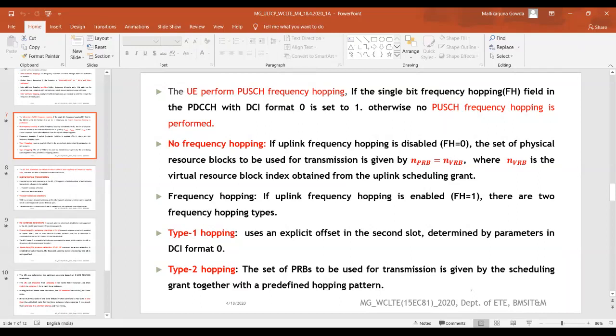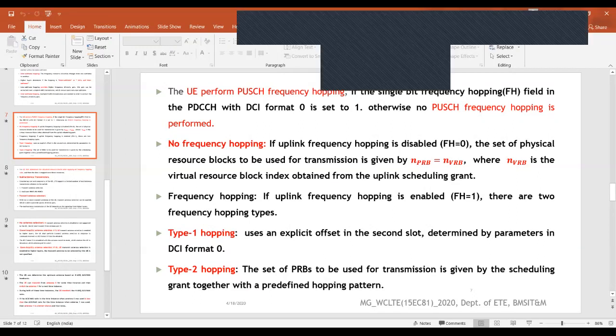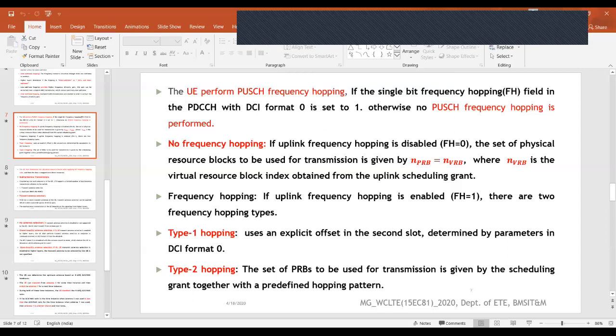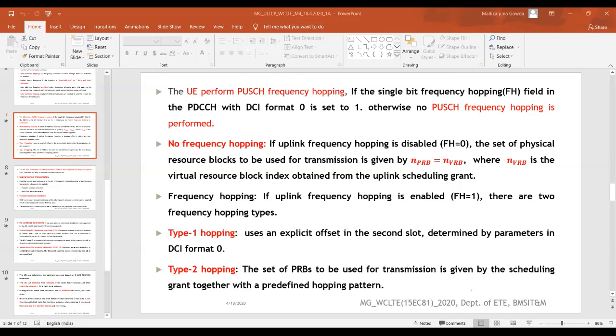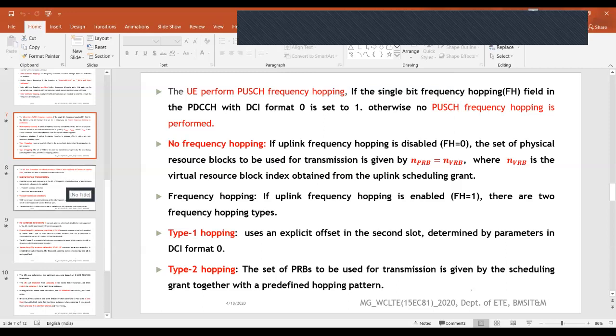When the frequency hopping field is disabled, the physical resource block used for transmission is equal to what? The number of physical resource blocks is equal to the number of virtual resource blocks. These virtual resource block indices are obtained from the uplink scheduling grant.